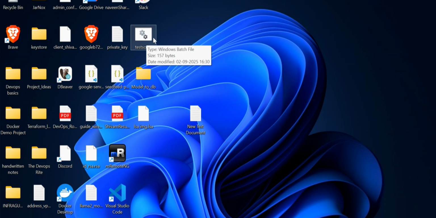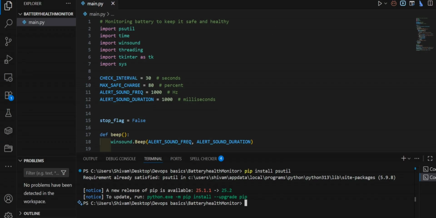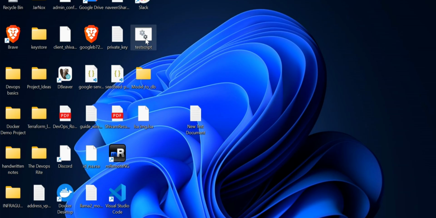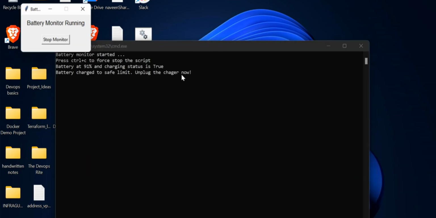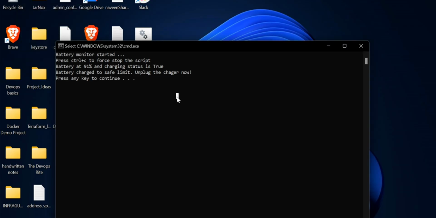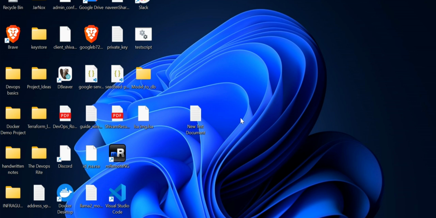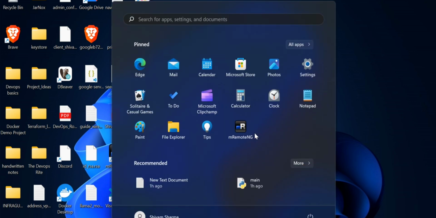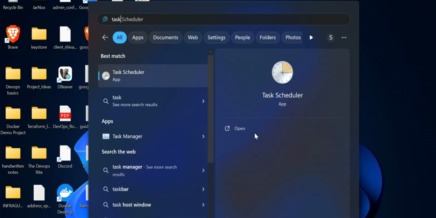I will run this batch script and it will call my main Python file. Let me run this, and you can hear the beep sound as well. I will stop this monitoring and exit. Yeah, that's it. For your convenience, you can just open your Windows Task Scheduler